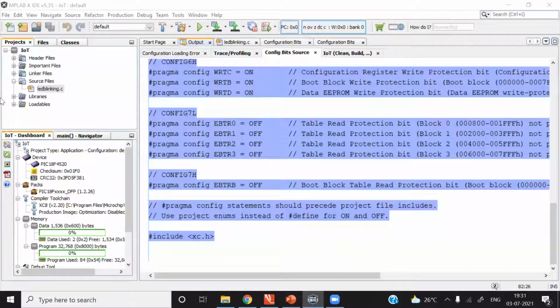There is one question from Manish Jadhav. Can we make the LED fade? Yes, it is possible. What you can do is apply a square wave to the LED and change the duty cycle. By changing the duty cycle, we can control intensity. For a larger duty cycle, the intensity will be bright, and for a smaller duty cycle, the intensity will decrease. So with a square wave on the microcontroller port pin, if we change the duty cycle of that square wave, the intensity will change.